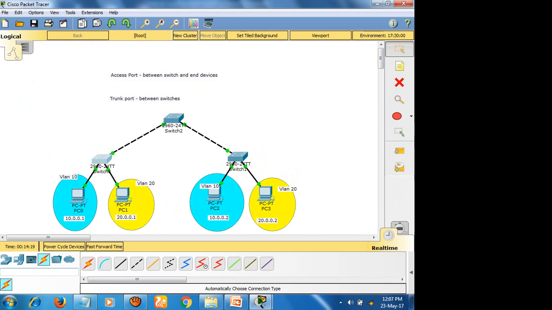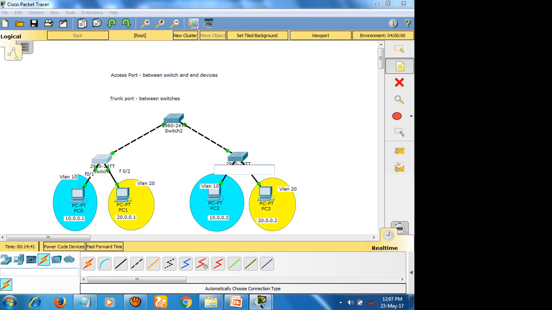So look at this. What is the interface? F0/1. Make this f0/1, and this one is f0/2.